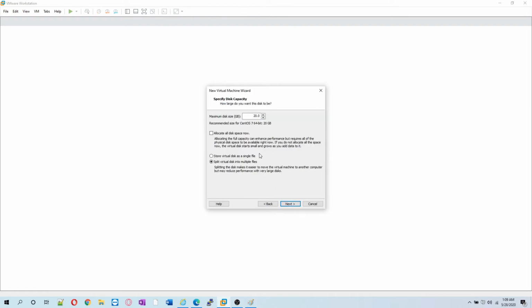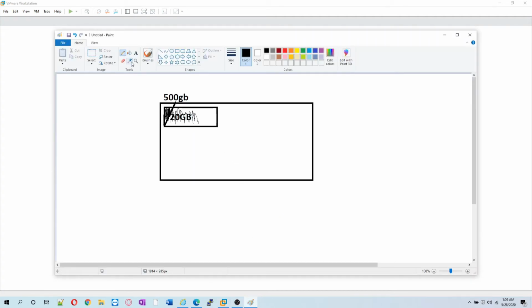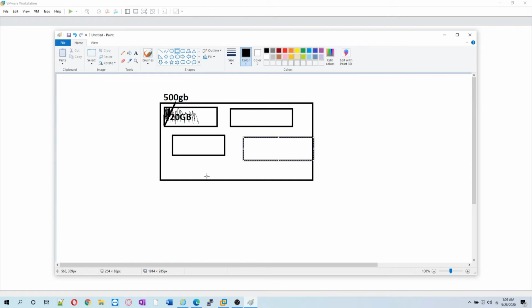The only thing to be considered here is that while doing thin provisioning, people tend to over provision. Let's say they create more VMs and more virtual disks, so they create chunks of these disks here, here, here.